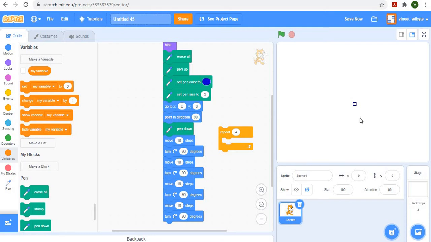Now just imagine that once I move by 10 steps and turn 90 degrees, this time instead of 10 steps I move, let's say, by 15 steps. If I did this, then notice the second time I moved 15 steps, which was more than 10, that's why there's an opening here when it came back. Now let's say next time when I turn 90 degrees, I move by, say, 20 steps, and then subsequent times, let's say I move by 25 steps.